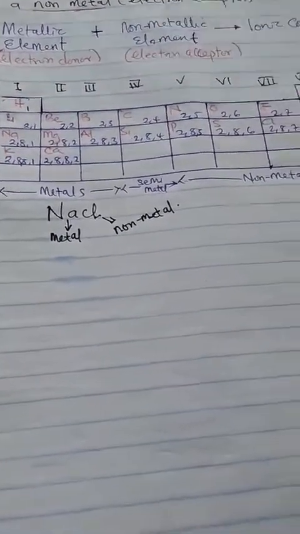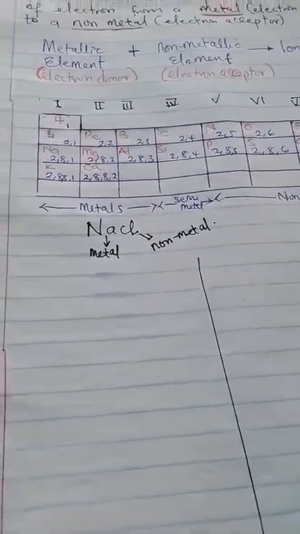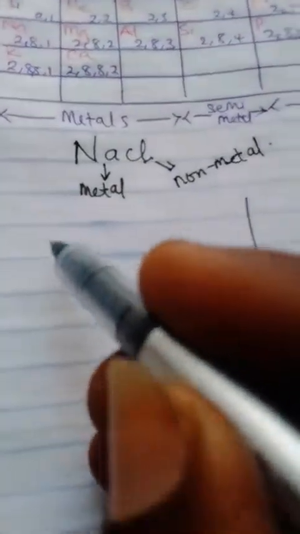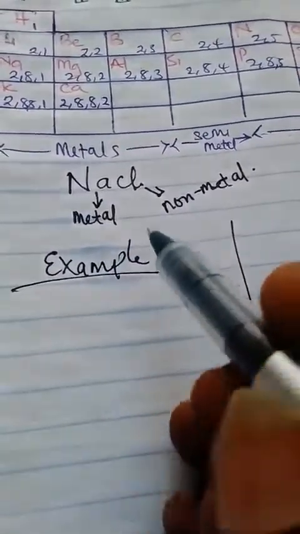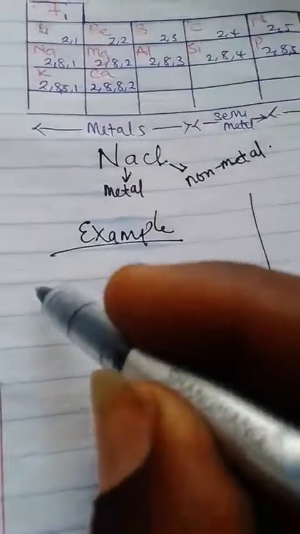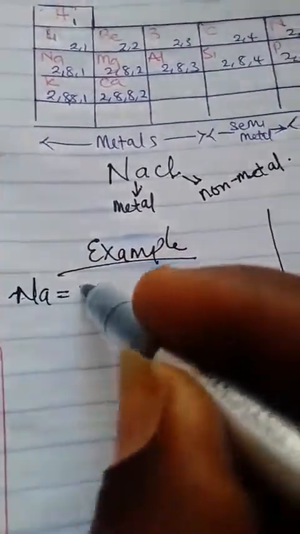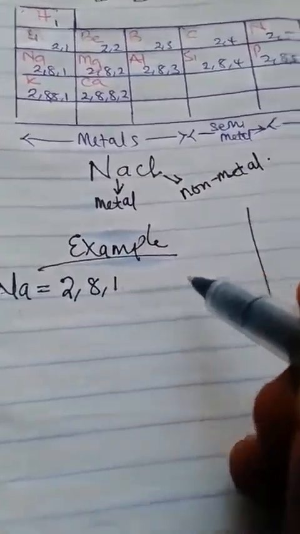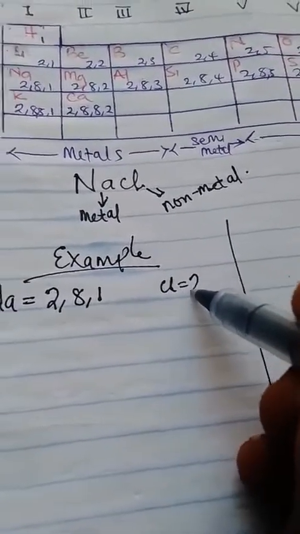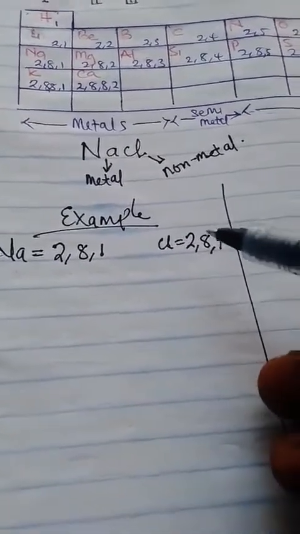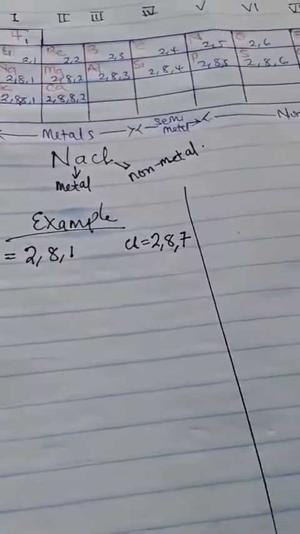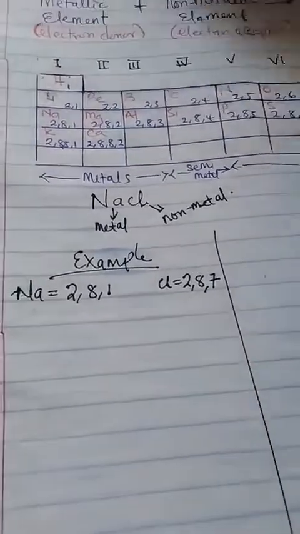So let's look at how we form ionic bonds. Let's take an example: the formation of sodium chloride, which is between sodium and chlorine. The configuration of sodium is 2,8,1, and the configuration of chlorine is 2,8,7. Like I said, the whole essence of chemical combination is for the atom